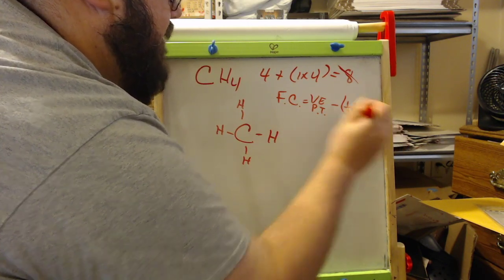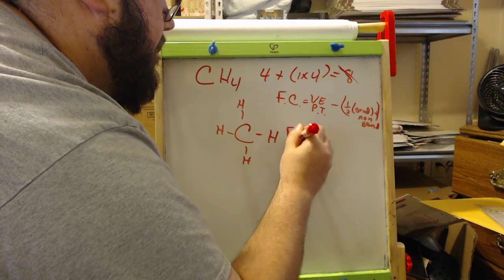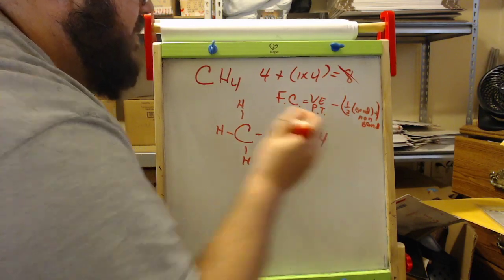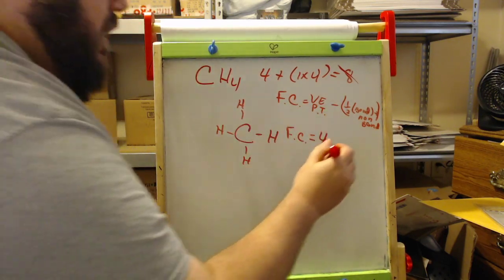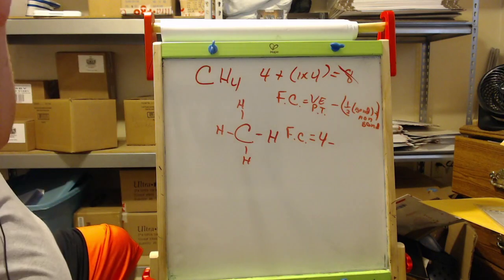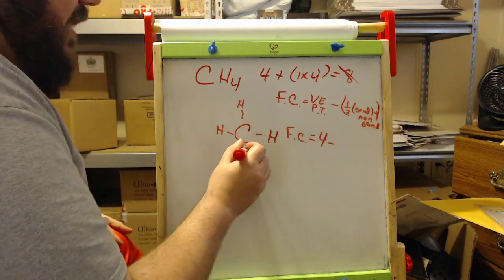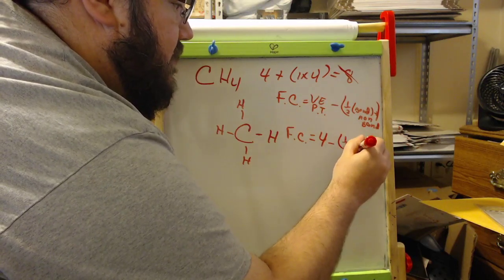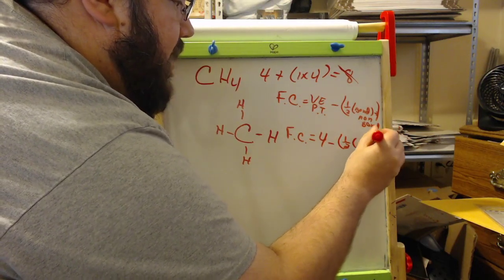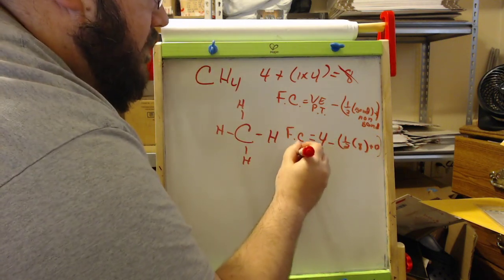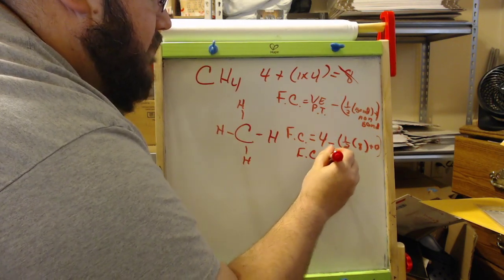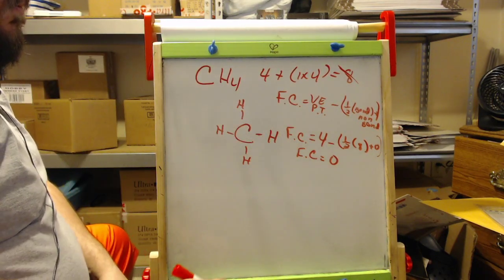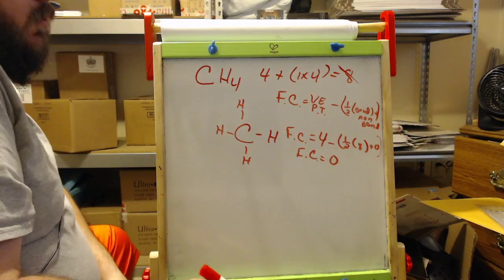So what I mean by that is, if we look at the formal charge of carbon, carbon on the periodic table should have 4 electrons since it's in group 14. I'm going to subtract from that how many bonding electrons it has: 2, 4, 6, 8. 1/2 of 8. No non-bonding, 0. 4 minus 4, the formal charge is 0. And that's what we're shooting for. We want the formal charge on our central atom to be 0, if possible.